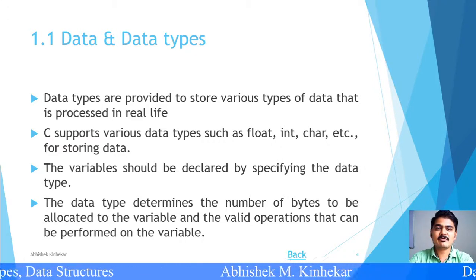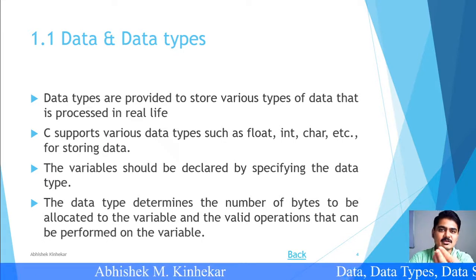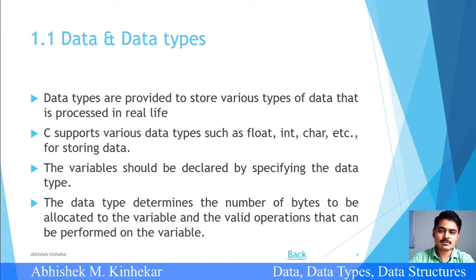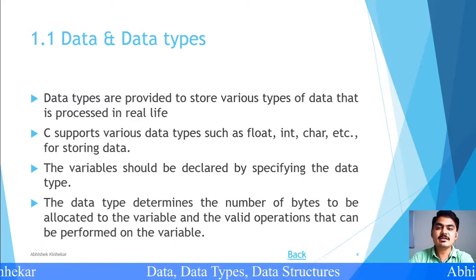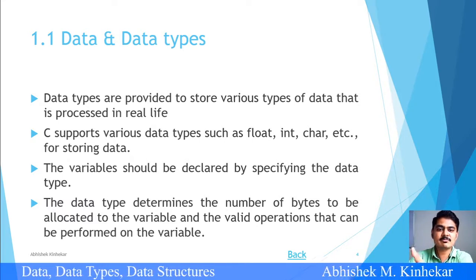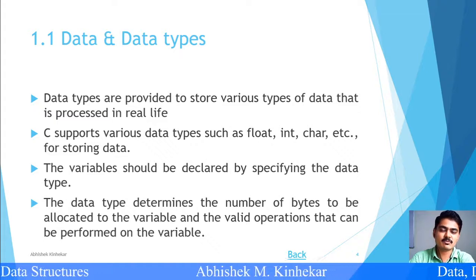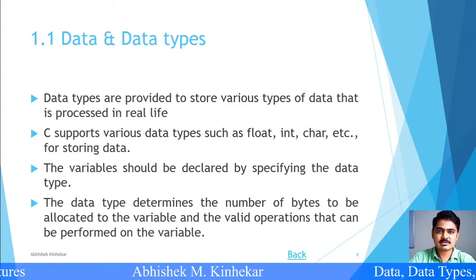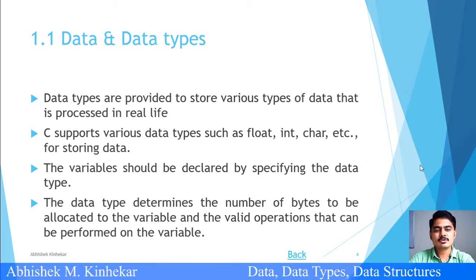Let us just assume I have 2 variables present with me, and the 2 variables contain 2 floating point values. I cannot concatenate these two floating point numbers. That is not practically possible. The operation which is permissible on characters is not permissible on float. The operations which are permissible on float are not permissible on your integers. And few of the operations which are permissible on others are not permissible on integers, and so on and so forth.